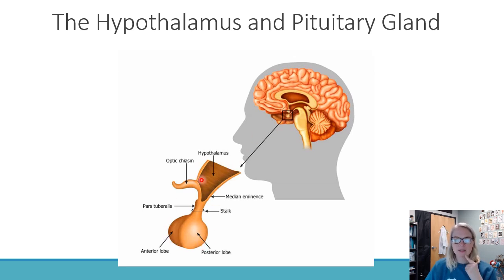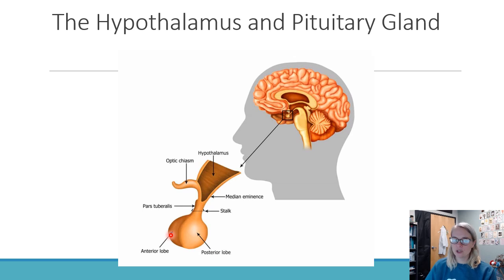And it is continuous to this actual physical part of the brain, and that's called the hypothalamus. This whole area right here is called the thalamus. Here's your hypothalamus. Here's your pituitary gland. So sometimes this is called the master gland because it produces and secretes a lot of hormones,